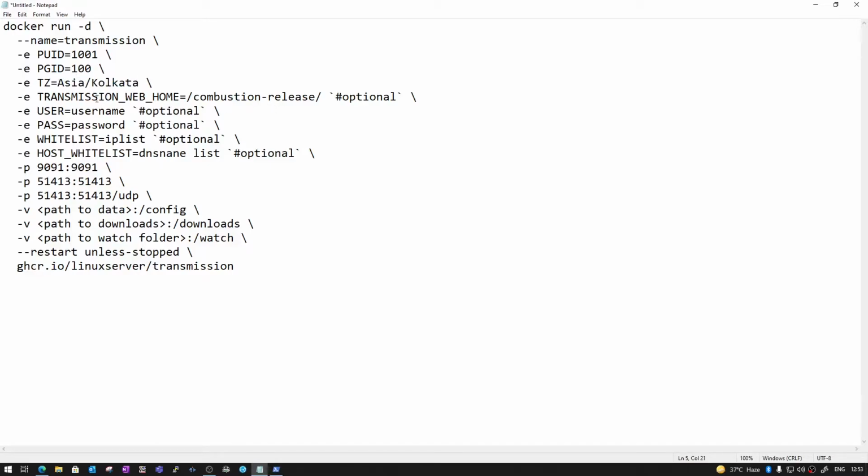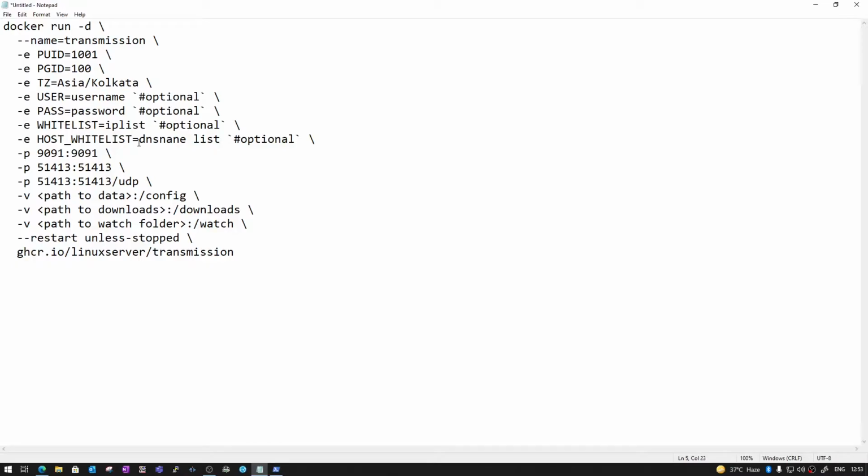Now there is transmission web home, combustion release, optional. You can leave the optional things. You can either delete them just like that, or if you want, you can just fill these details according to your choice. So here I'll use a username, again PC Mac.